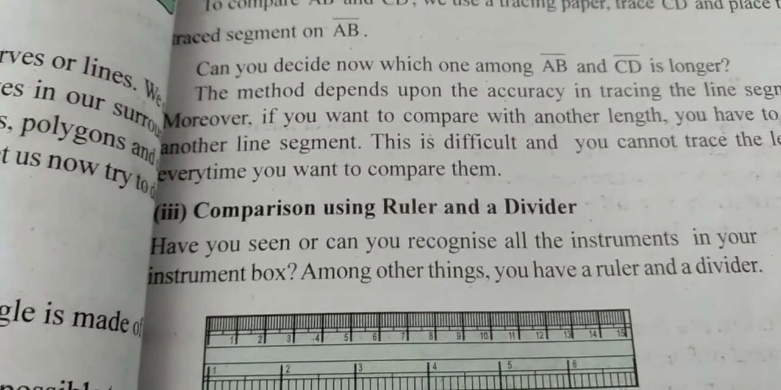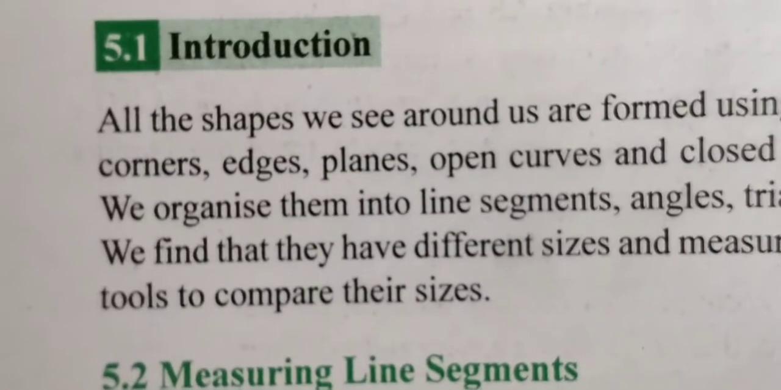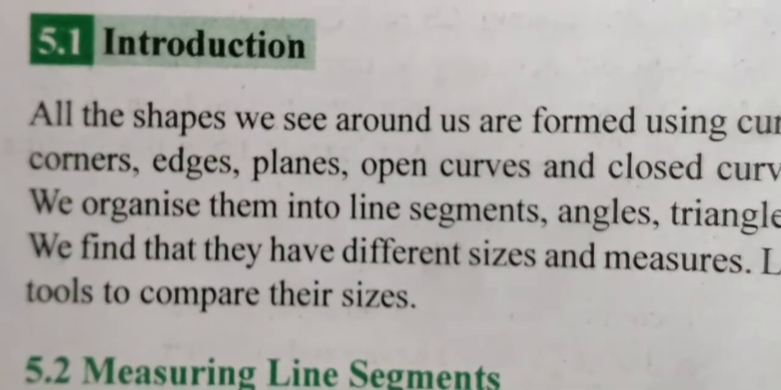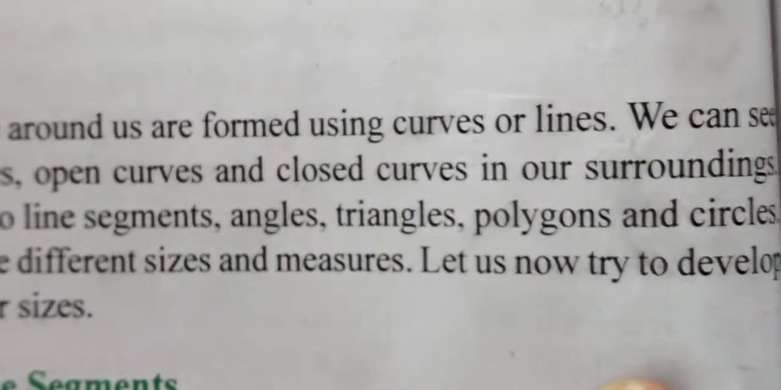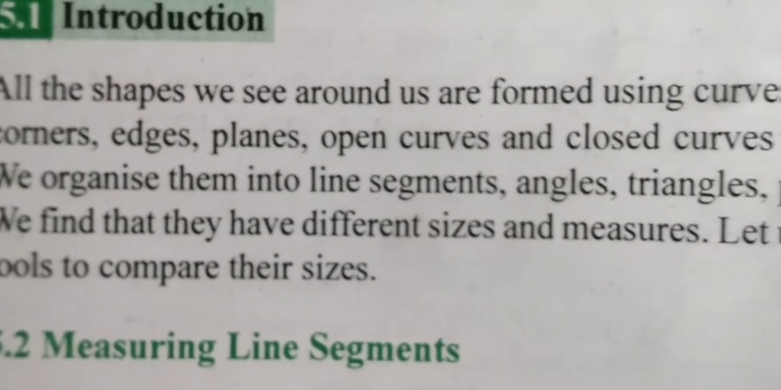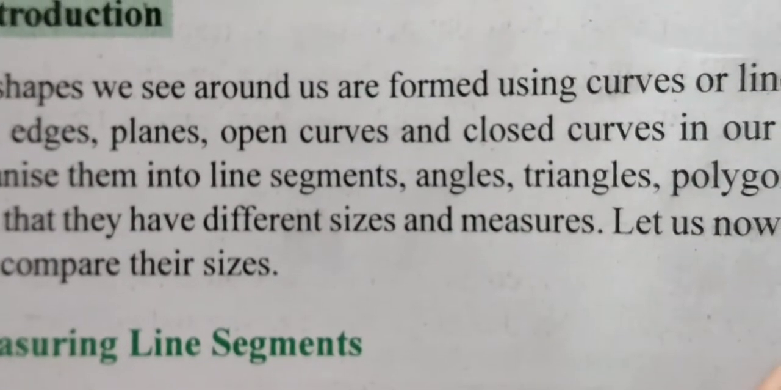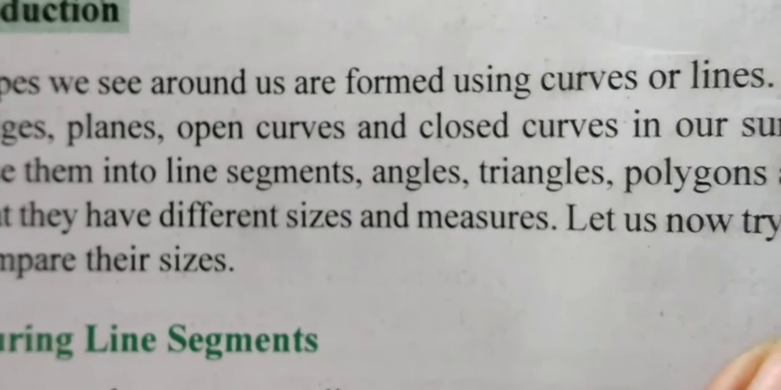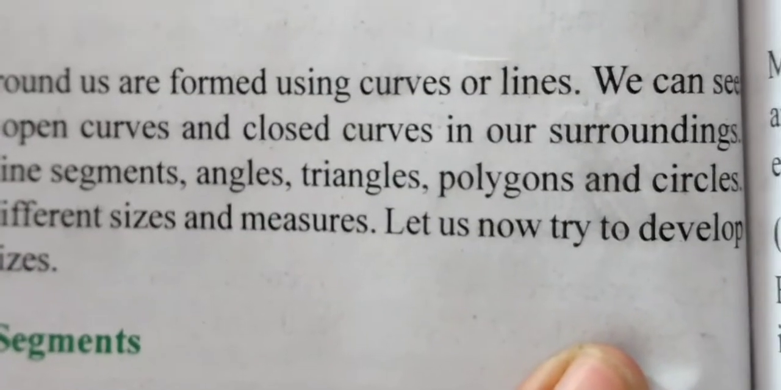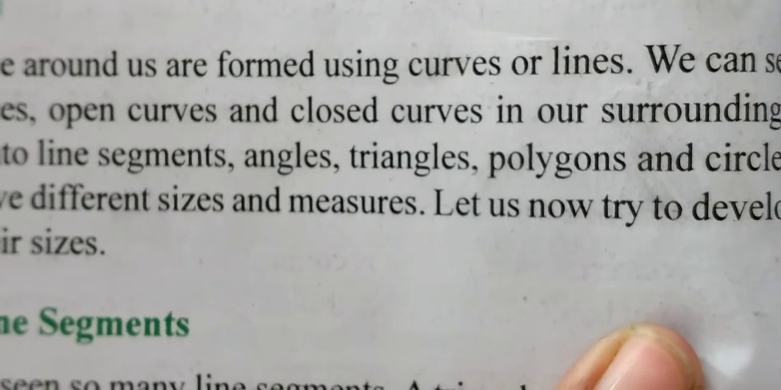these different elementary shapes. Children, all the shapes we see around us are formed using curves or lines. We can see corners, edges, planes, open curves and closed curves in our surroundings. We organize them into line segments, angles, triangles, polygons and circles. These words which you have come across right now, line segments, angles, triangles, polygons and circles, these are the geometrical figures we are going to talk about in this chapter,